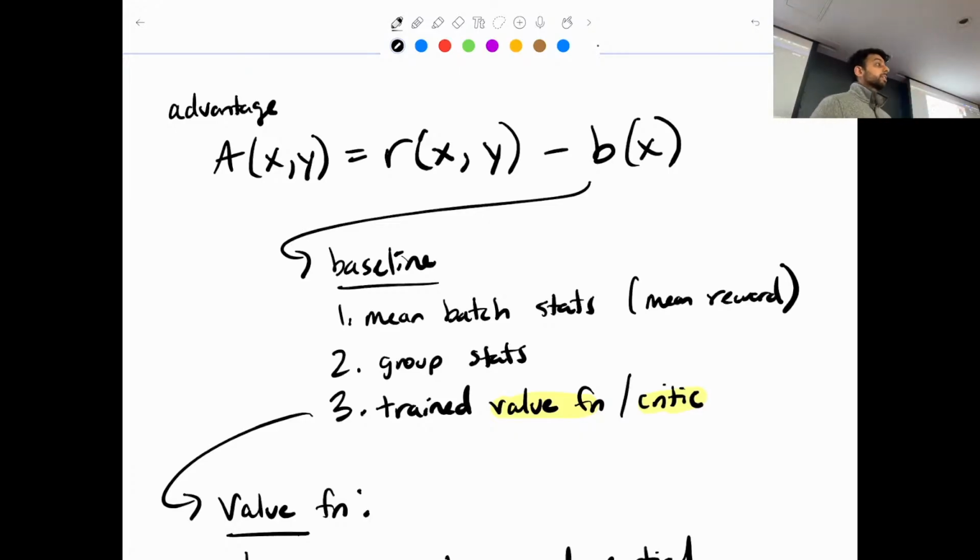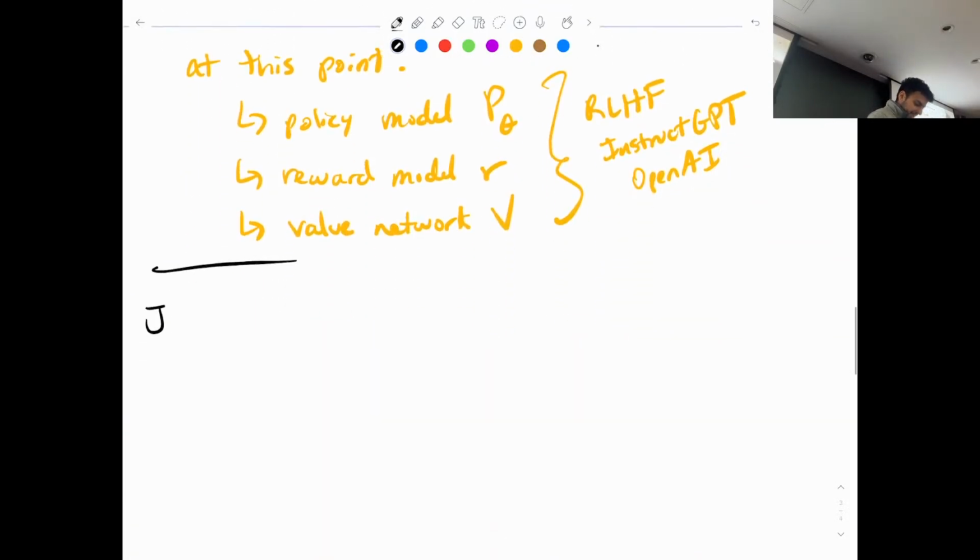Okay, you have a question? Yeah, so unlike the group method, where we need to generate multiple responses from x, with this value function method we only need to generate one partial response. Correct. Yes. So the group method is limited because it requires multiple rollouts or multiple generations from the same prompt, which might not be the best use of your compute. You might want to diversify your prompts instead.